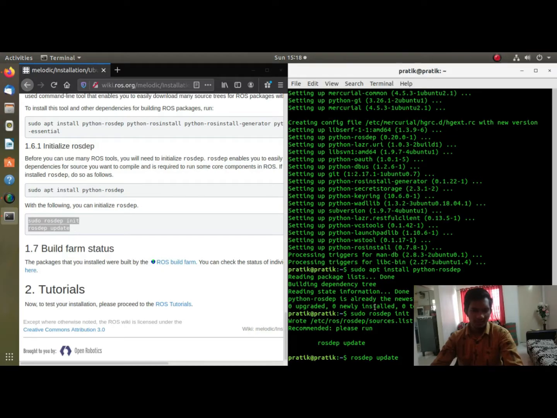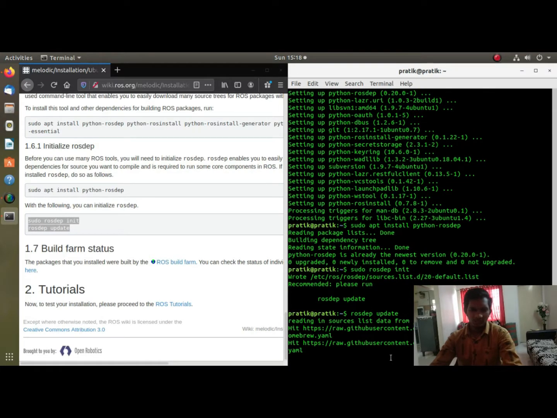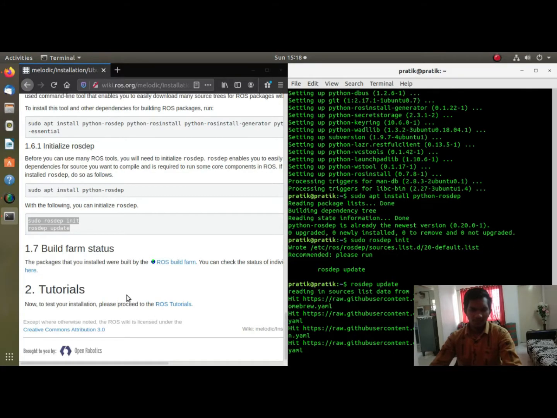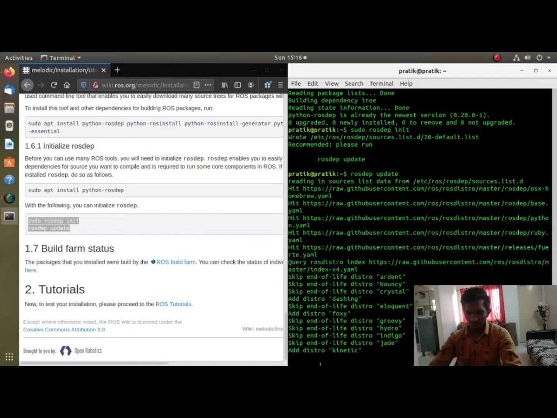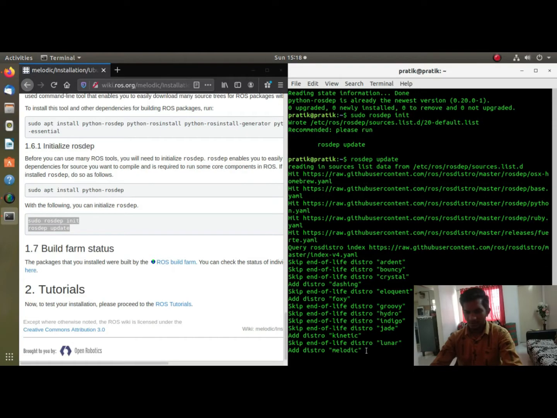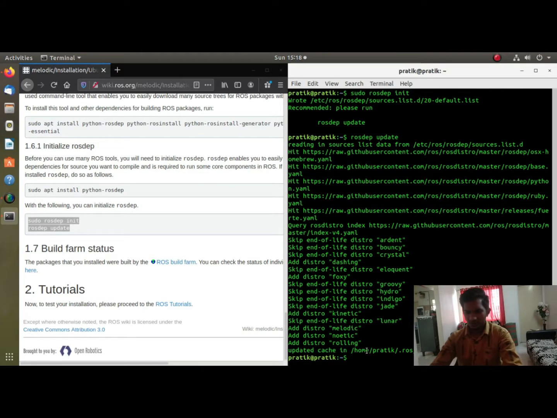You need to initialize the ROS environment, and you can do that with the commands rosdep init and rosdep update. So now ROS has been updated. It's going to update its things, and you'll see everything coming up on the terminal here.